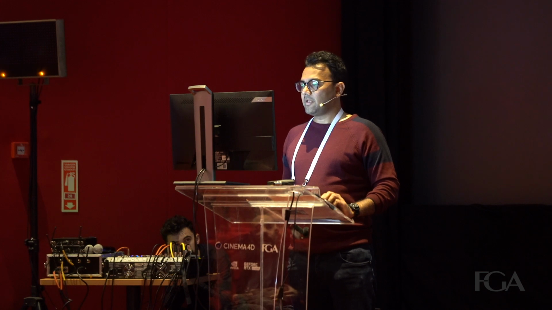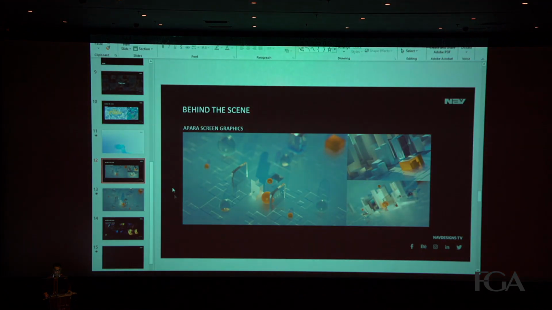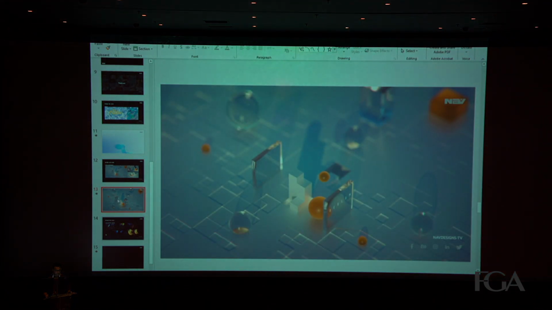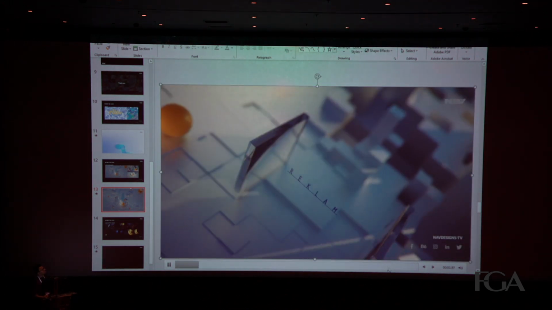Just to focus on one area, I just did it like that. So that was the complete setup, I think. After that, I used Octane to render it, and I was satisfied with the final output. So with that, I did the whole planning.